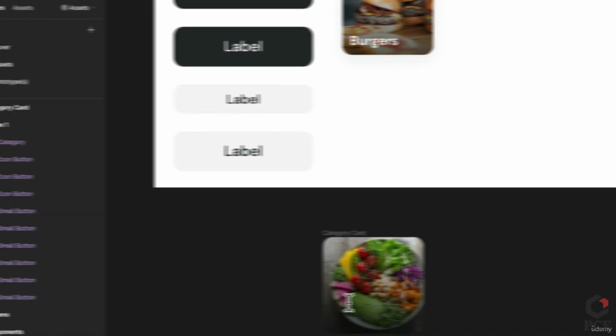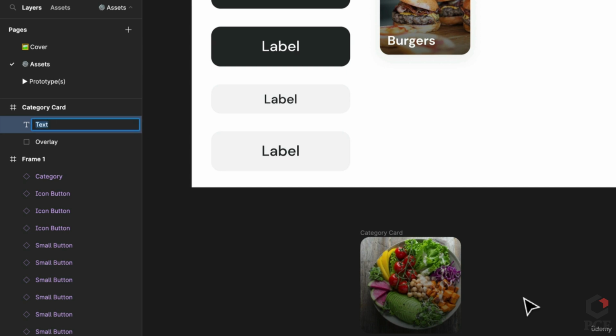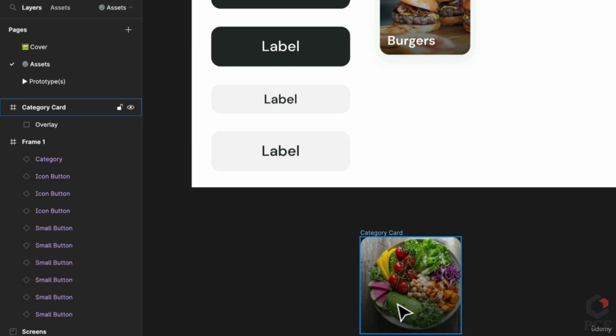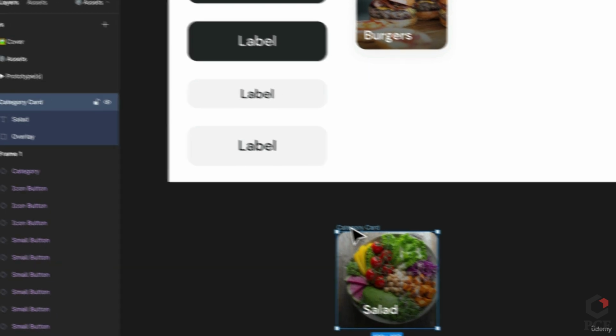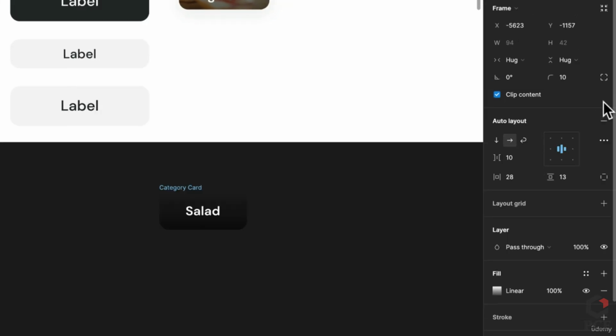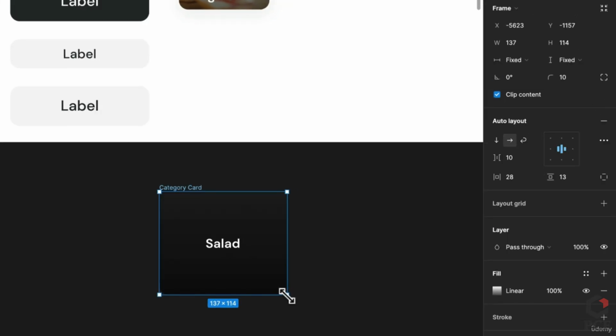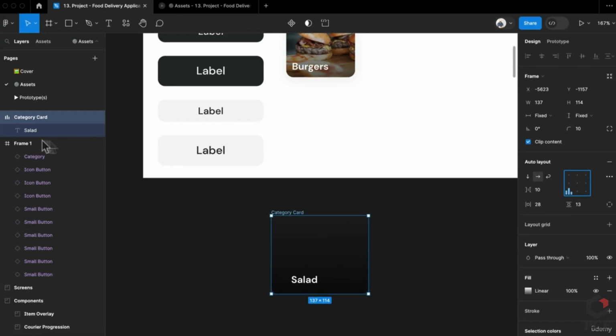So we have our linear gradient. Now I'm going to press T for text and put it in. And let's just call it salad. Oops. Let's do that again. There we go. The next thing I'm going to do is make this into an auto layout container. Now that looks really funky, and there's a reason why. And that's because the linear,